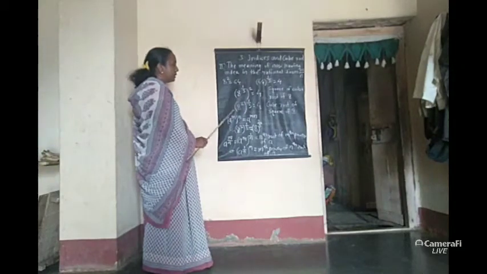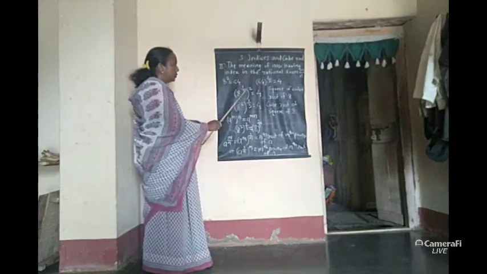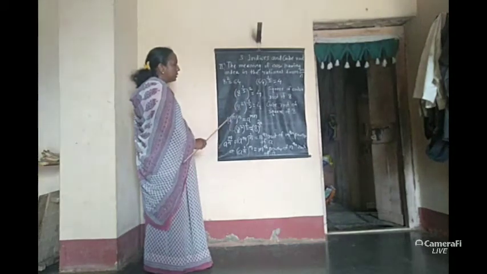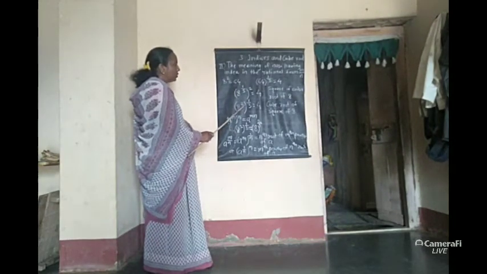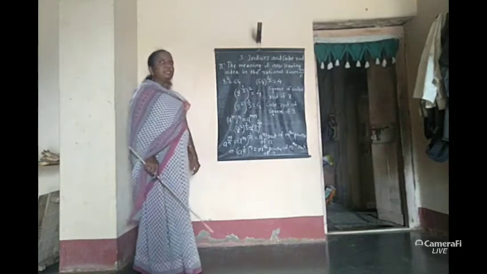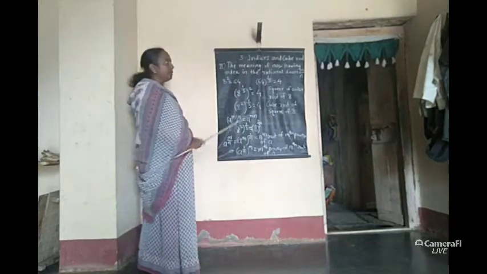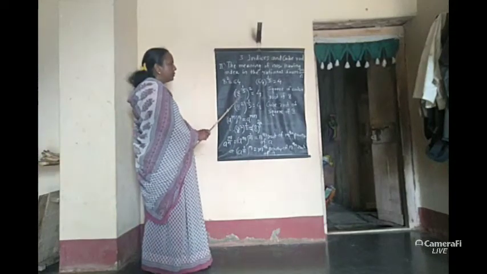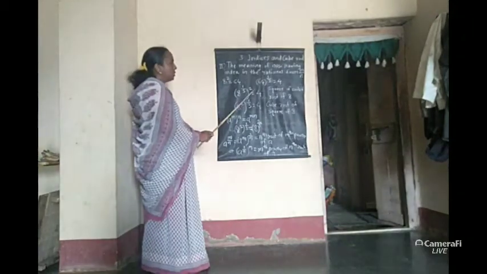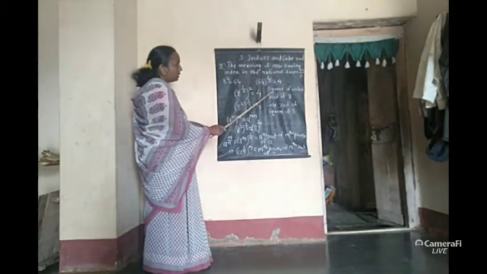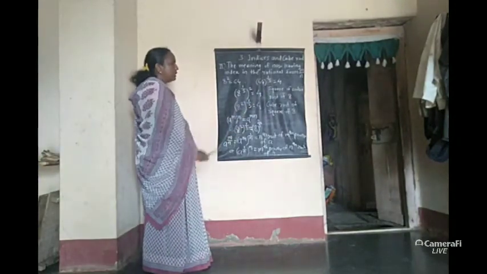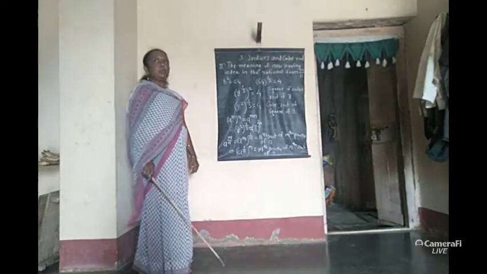It can also be written in another way. 2 is in the bracket and 1 upon 3 is outside the bracket. It can also be read as the cube root of square of 8. The value is the same, that is 4. Means the index numbers are in the form of m upon n, and we can write them in two different ways, but the value of them is equal. One is written in the form of power of the root, or next is the root of the power. In this way we can write these numbers in two different forms.